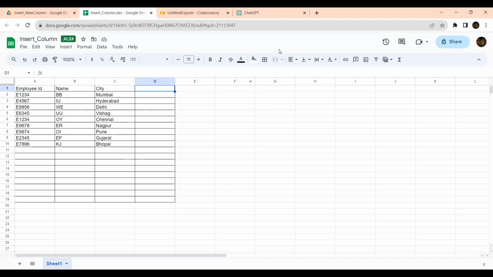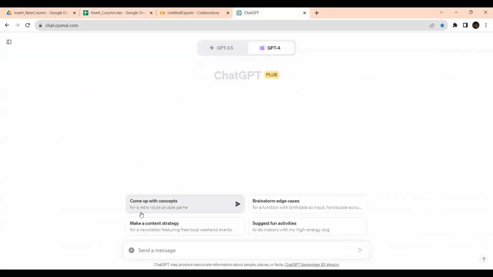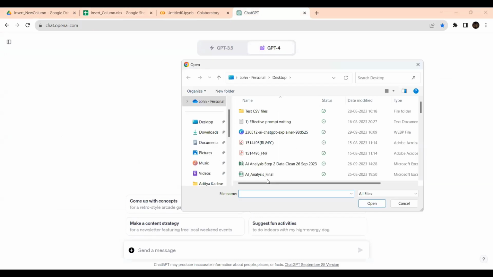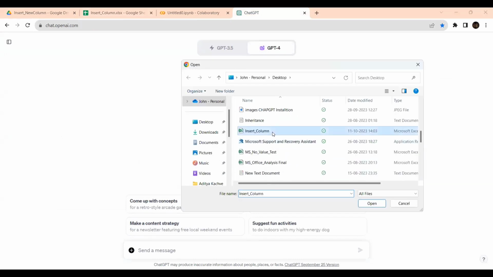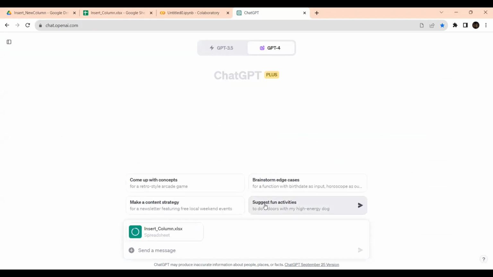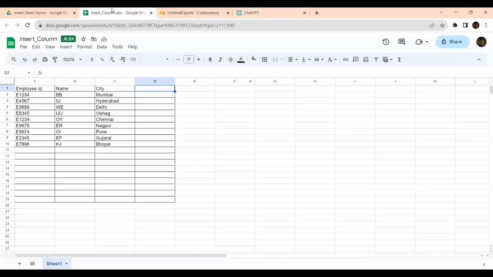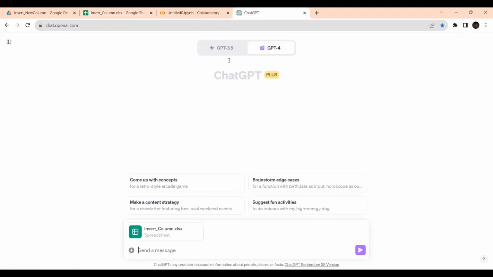I am taking this GPT. Let's go back to GPT and I will be adding this Excel sheet into here. So this is the insert column sheet which I'm going to add. So we need it over here, right? It is the D column, right? Add and let's make